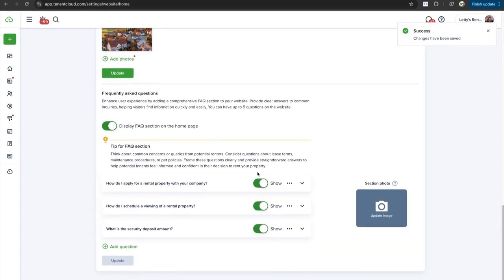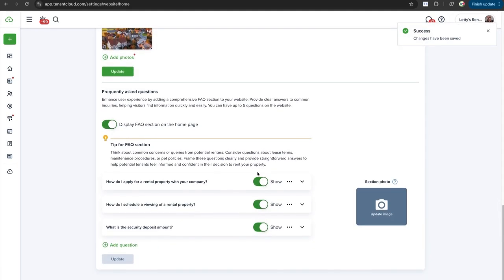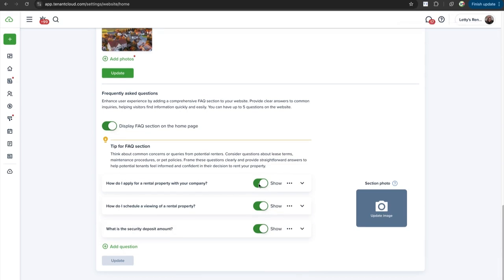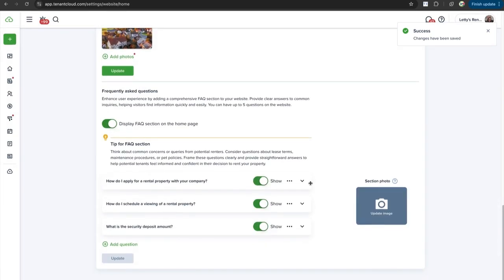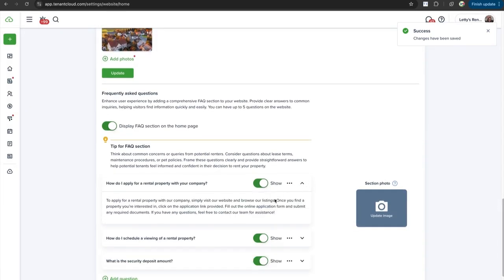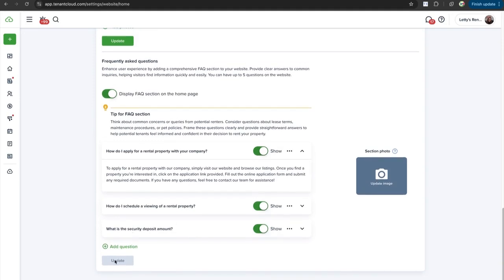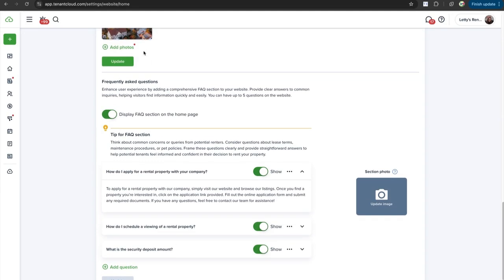Maybe they're not applicable at this time, but let's say summertime comes around and you have all these specials or you have a certain deal going on, you can turn on that toggle for the summer and turn it back off once you're all leased up. So you can edit and remove those, add photos, and then as always, make sure you hit update to save